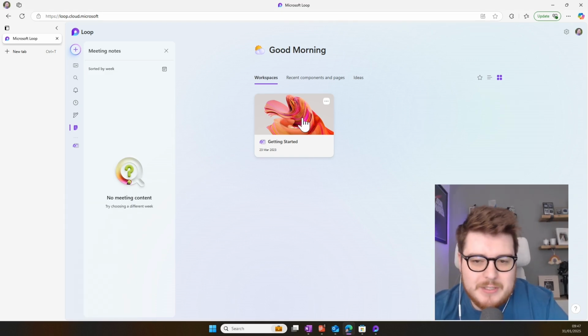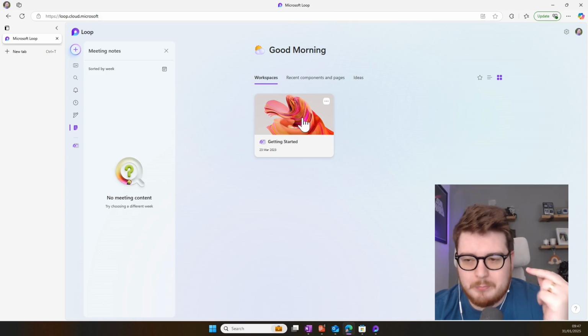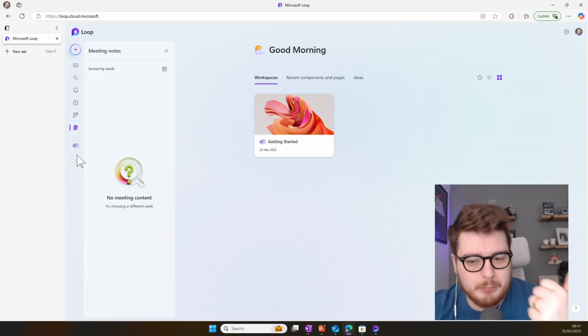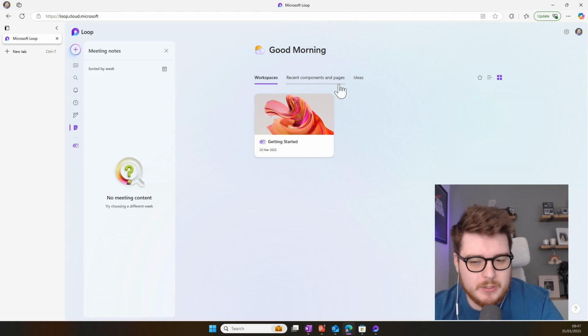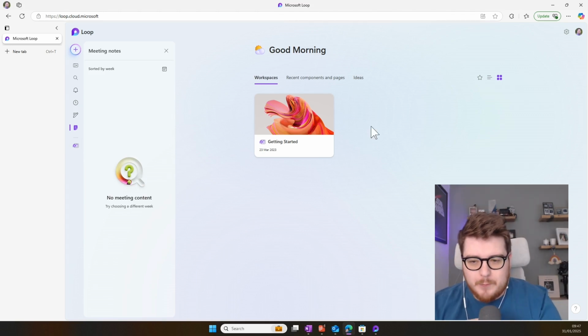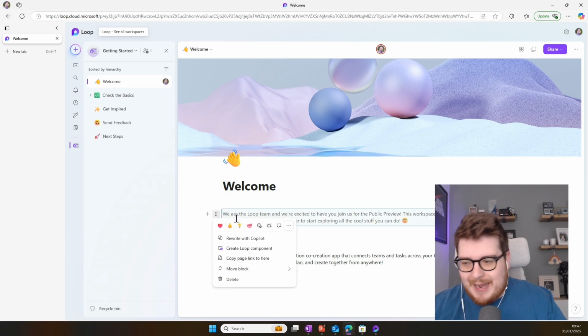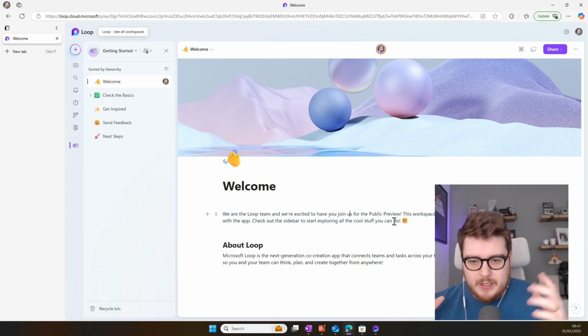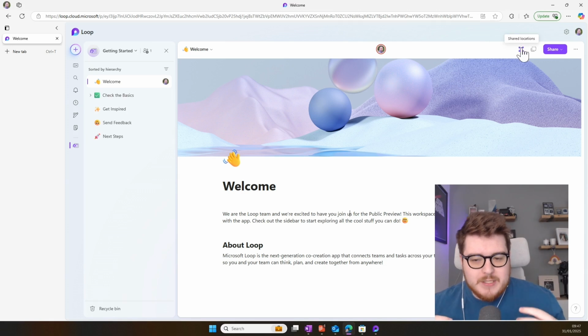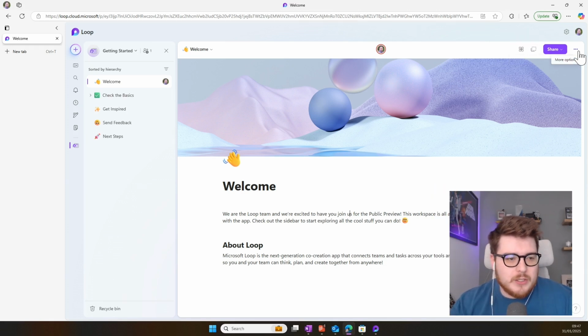Yeah, so we mentioned there's three parts to Loop. You've got your components, which I mentioned before; these are snippets of content that could be shared around, added into meeting chats, that sort of thing. Then you have the pages. Pages are something you would go into your Loop app and start creating.